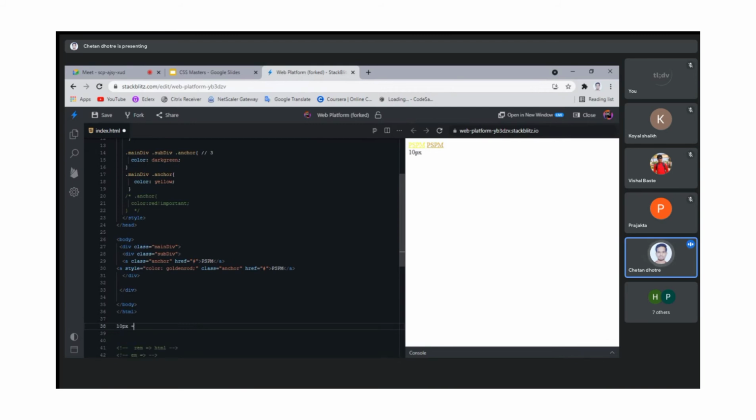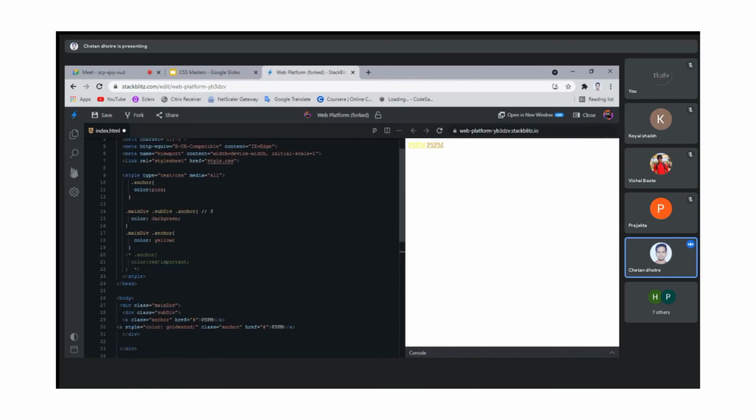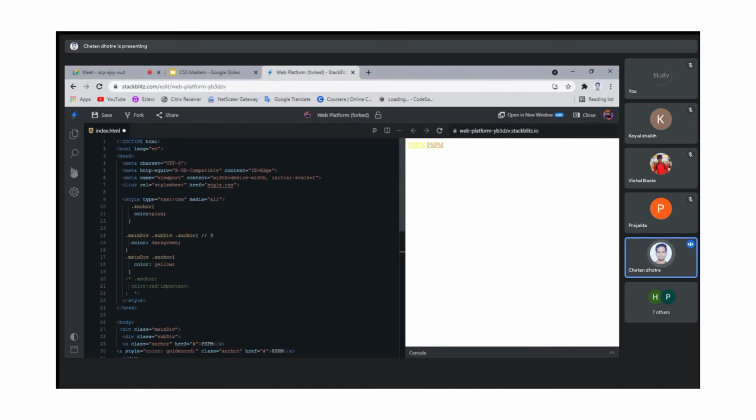We have converted this into one rem, which is 16 pixels. So it is, I think, around maybe 62%, whatever. But you have to convert these units into percentages. So whenever the user tries to change their font size, the percentages will increase, not the units. So these are very much important, and I think I forgot one section, which is responsive design.